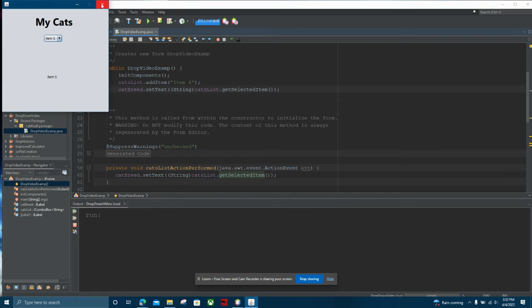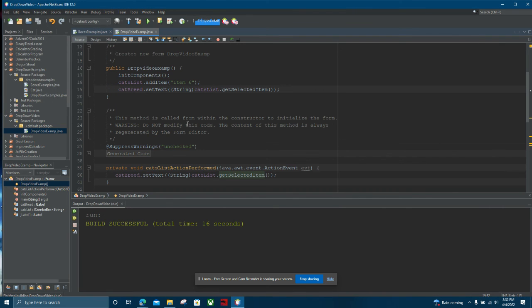So this addresses the basics of how to use a drop-down box, shows how you can add items to it. It shows how you can get items back out, how to use that information. Because remember, if you can return the information, you can store it, and you can use it for other things. So I'm going to stop this video here, and then we're going to pick back up right on this, but we're going to be using an object instead, and how to actually use it to reference objects and